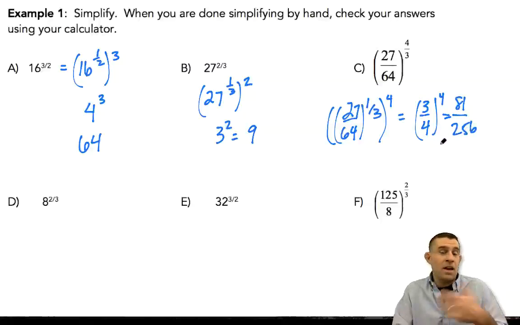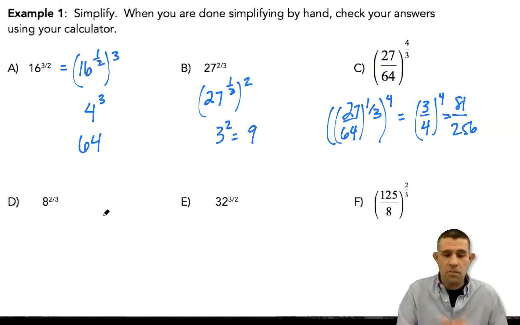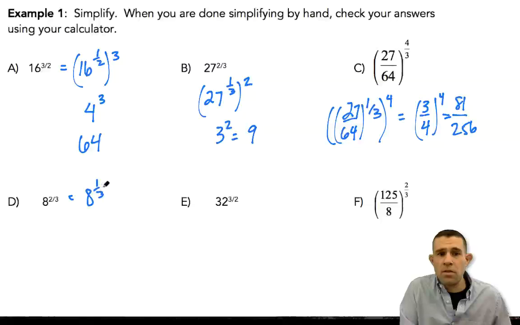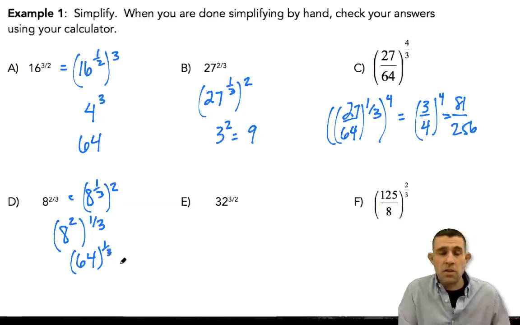All right. As you can see here, it comes in really handy knowing your powers tables. So if you haven't committed that to memory yet, maybe you want to do that this unit. So 8 to the 2/3, I'm going to rewrite that as 8 to the 1/3 squared, or I can do my powers first as well. So maybe this time we're going to do 8 squared, and then we're going to take the 1/3 power of that. So 8 squared is 64. 64 to the 1/3, remember, I'm going to take the cube root of 64,